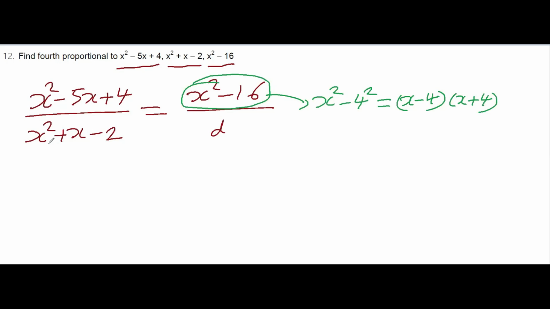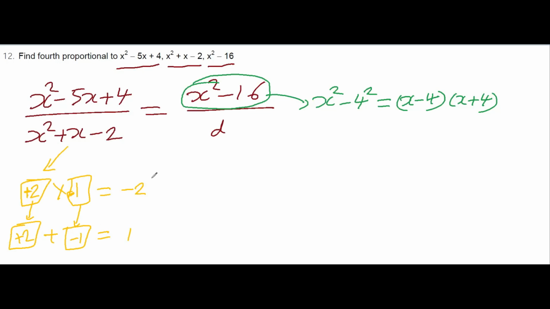Similarly over here this is a quadratic equation. In quadratic equation we can find the factors. How? I need to look for two numbers which when multiplied will give you minus 2, and when added I should get 1. So what could be the two numbers? Minus 1 and plus 2. Plus 2 and minus 1. This will give me 1 when added, and when multiplied this will give me minus 2.